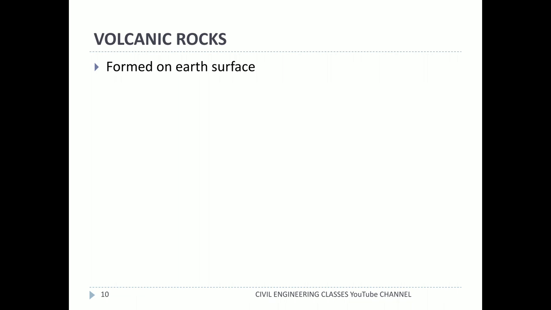These are the rocks which are formed due to the pouring of the magma at the earth's surface itself. Since they are pouring on the earth's surface, the cooling will be very rapid compared to the previous two cases. So very thin or fine grained stones are formed. Example is basalt. So that was all about the igneous rocks.